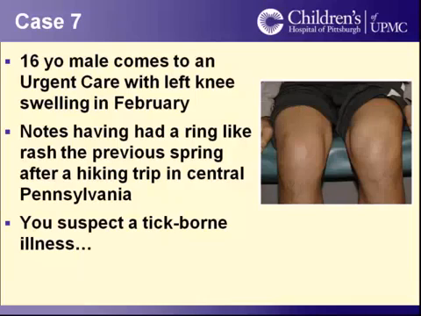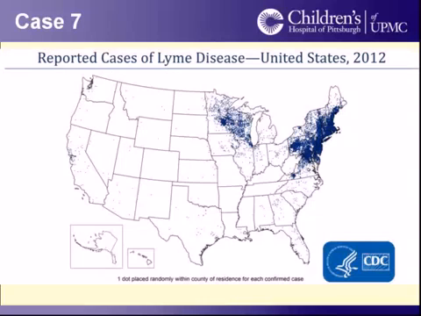So back in April or May, if the child was hiking in the Appalachian mountain areas, they may have noticed a little ring-like rash that perhaps they dismissed as ringworm, which is a common masquerader that we hear about. But your index of suspicion is high, knowing things, and you suspect a tick-borne illness, and that's an appropriate thing to suspect. Because when we think about Lyme arthritis, which this is a typical presentation of, you can see that